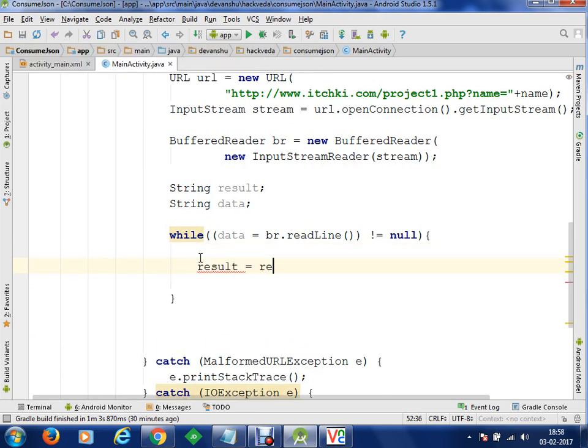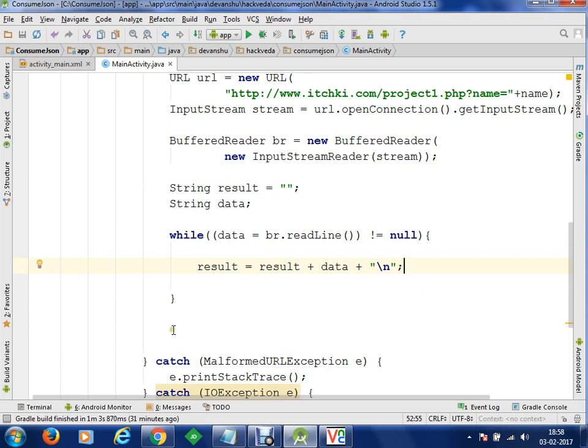So result is equal to result plus data plus slash n, in case you have a new line. We have to initialize result as empty, because at the very first execution result will be empty. So now we read the data again and again.